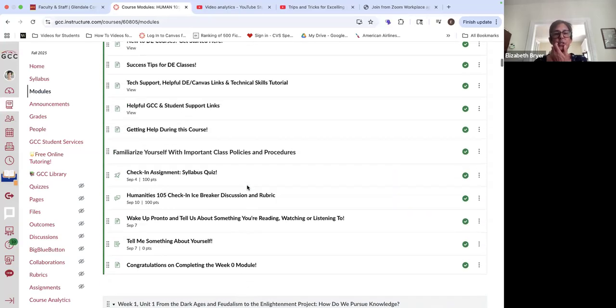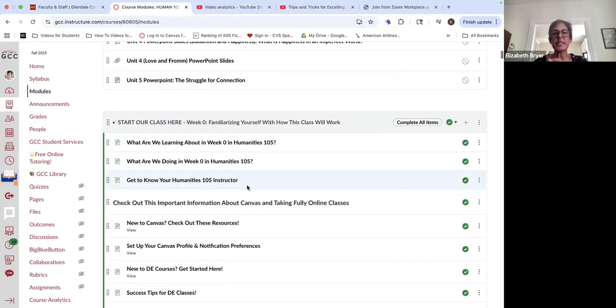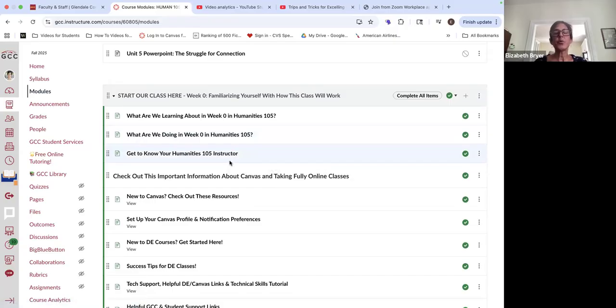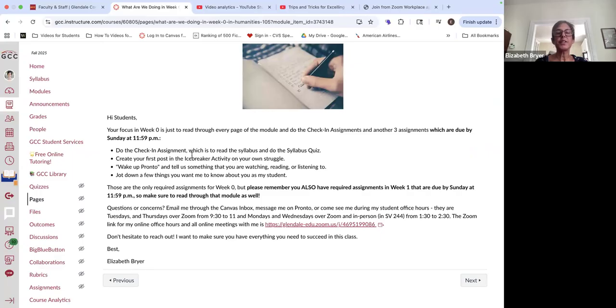I want to encourage you to avoid relying only on the Canvas to-do list in this class. Sometimes there are things in the modules that you need to do that you need to read or look at or watch that are not on the Canvas to-do list because they don't have a specific due date. So what you always want to check is this page right here that says, what are we doing in week 0 or week 1? And on that page every week, I give you a list of everything you need to